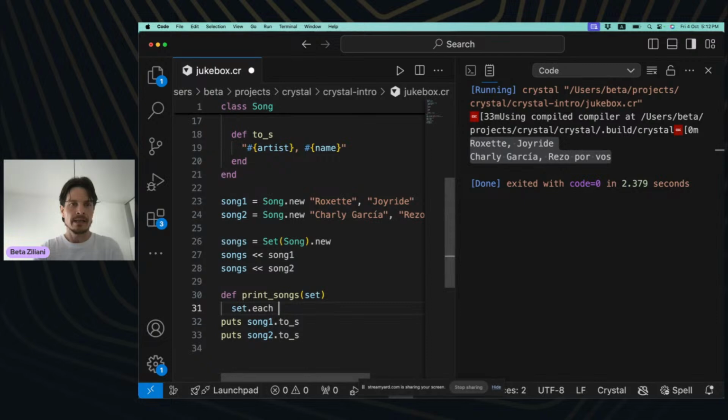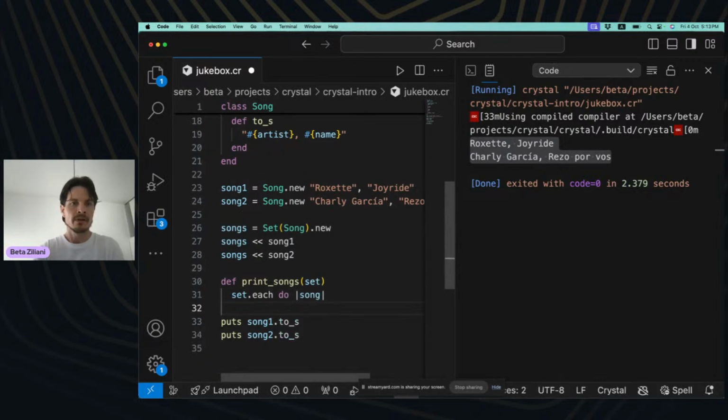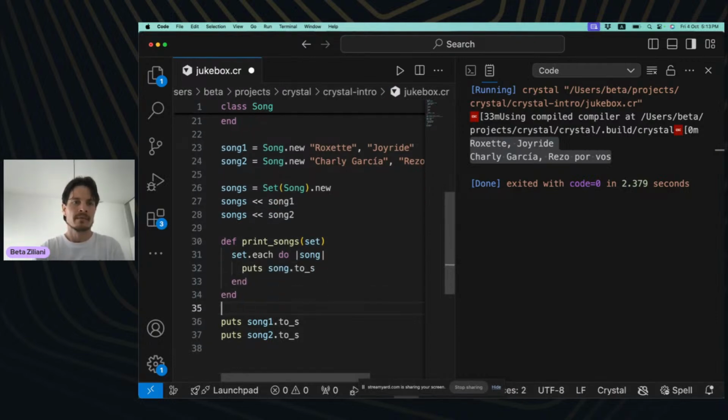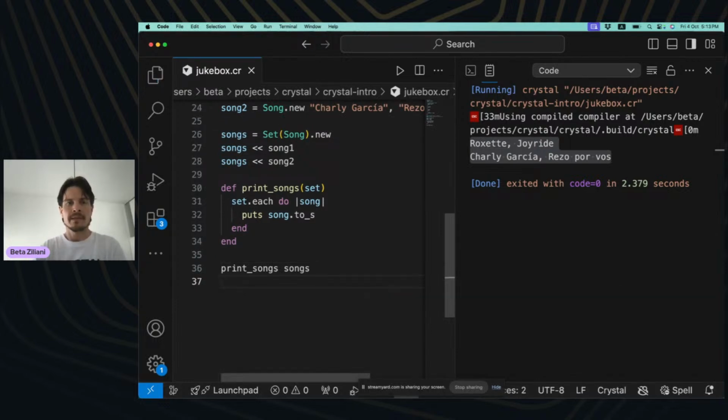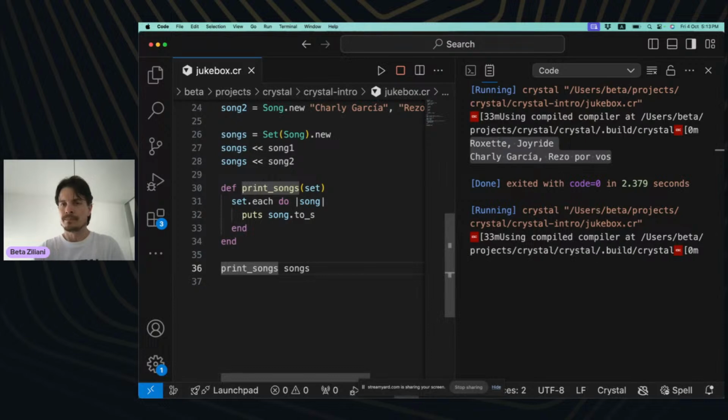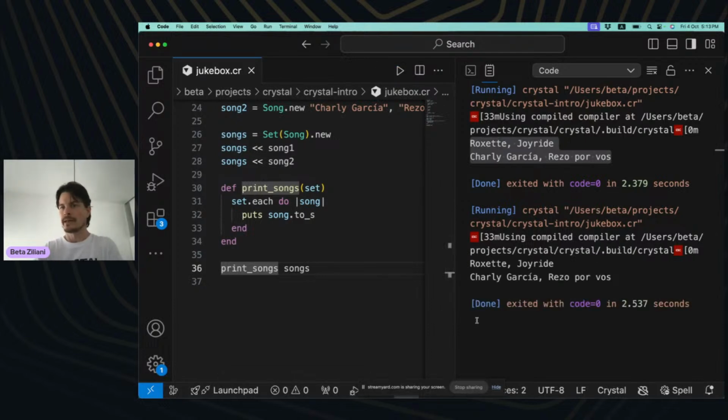Set.each do, so for each song, we puts song.to_s, and we can delete this and instead print_songs of our songs. Maybe this is getting a bit more confusing, but basically what we are doing is iterating and printing all our songs. We get the same result as before.